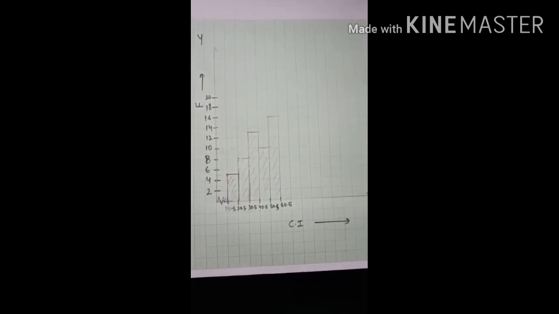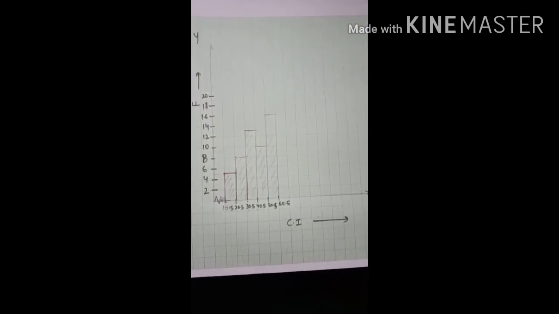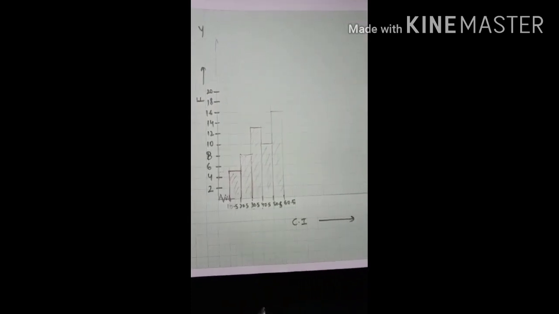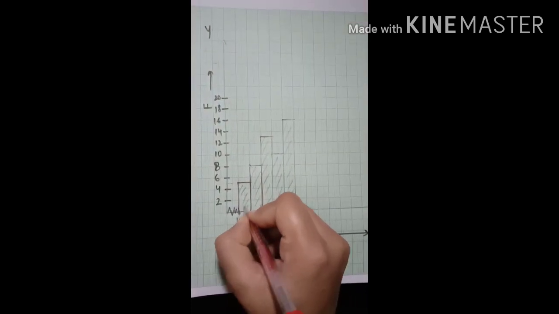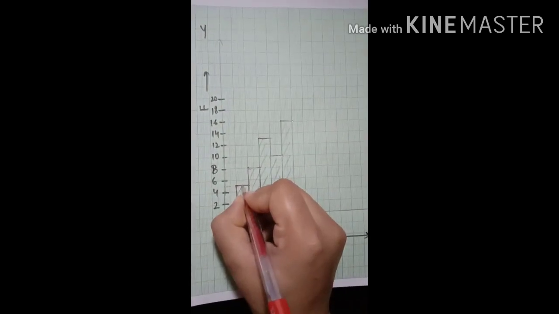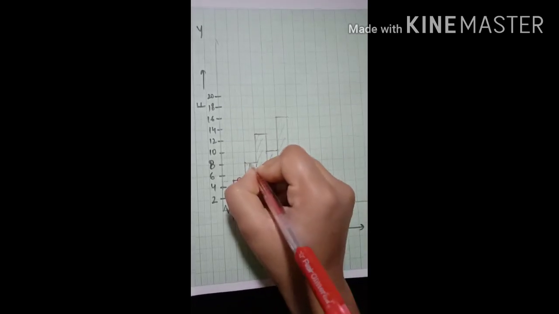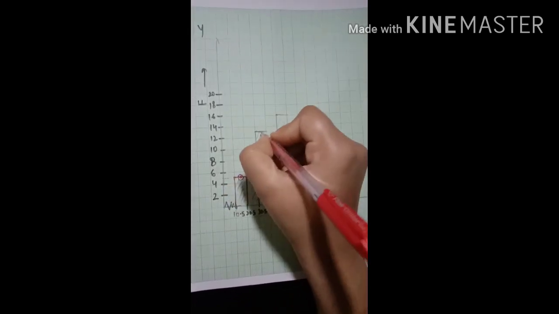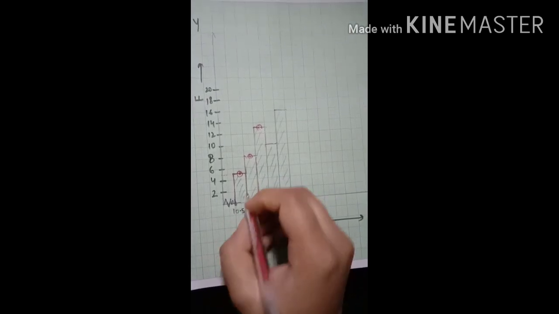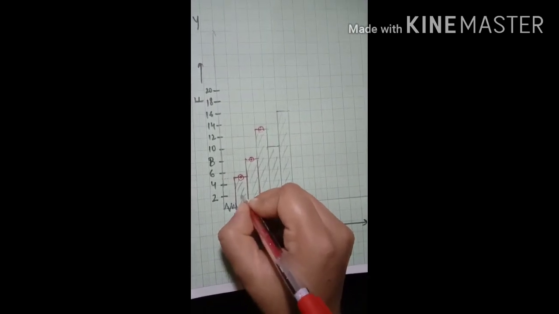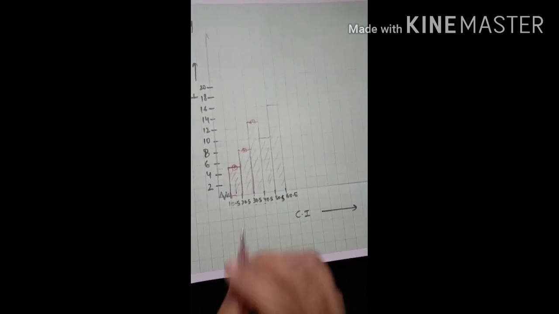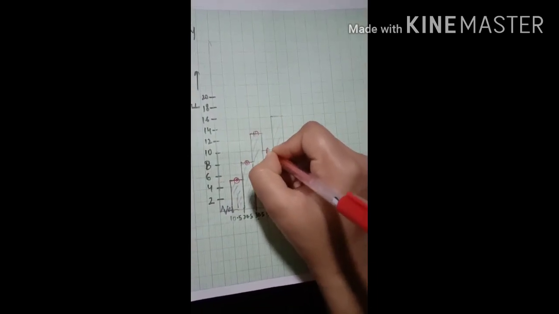टू ड्रॉ द फ्रीक्वेंसी पॉलीगन वी हैव टू फर्स्ट ड्रॉ हिस्टोग्राम. हिस्टोग्राम जैसे ही आपका ड्रॉ होता है उसके बाद आपने जो रेक्टेंगल्स बनाए हैं हिस्टोग्राम में, उसके मिड पॉइंट्स को मार्क करना है. दीज आर द मिड पॉइंट्स. जो टॉप है उसके मिड पॉइंट, जैसे यहाँ पे 10.5 और 20.5, इसका मिड पॉइंट क्या होगा? ये होगा ना 5 यूनिट्स के बाद. देन सिमिलरली इसका मिड पॉइंट,